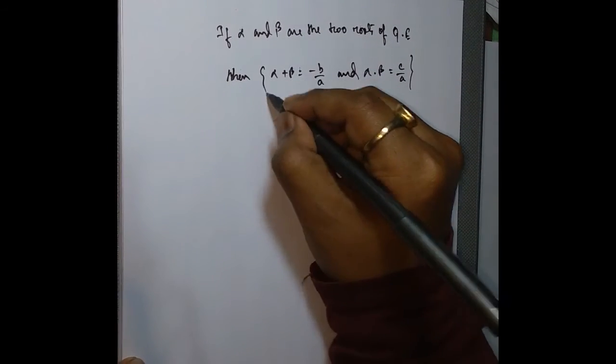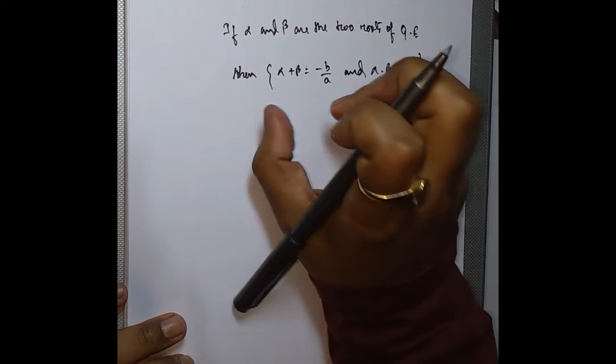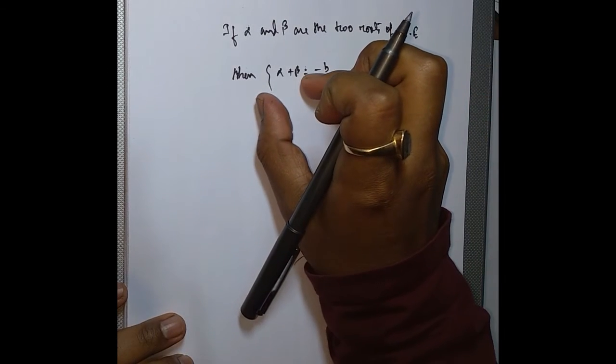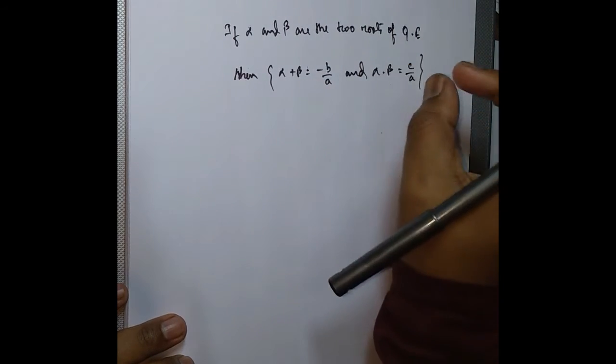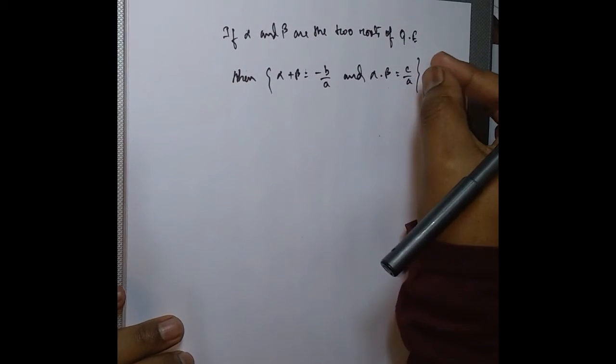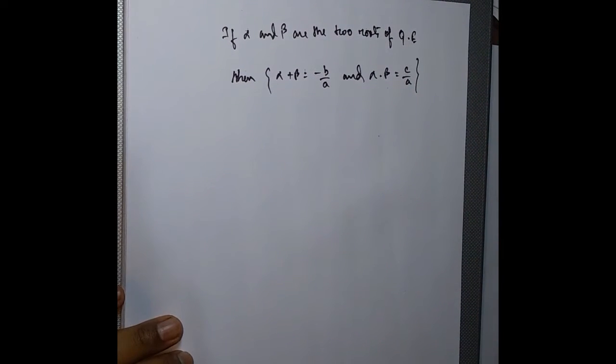These are very important results. You need to remember these things. Alpha plus beta, which is the sum of the roots, is equal to minus b by a, and the product of the roots is equal to c by a. Okay,